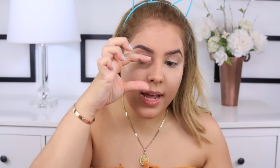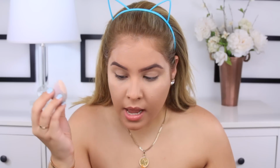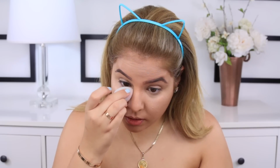I am not going to set the whole cheek area like I usually do, because I'm going to go in with a cream highlight. So since I'm going in with a cream highlight, I only want to set that really tight under eye. By using a really small blender brush, it's going to help you get really nice and precise. So I am going to look up, and I'm only going to set that lower lash line. So only there. I'm not going to bring this powder down here because I'm going to go in with a